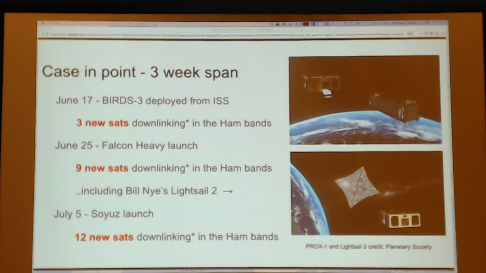June 17th, we had 3 new satellites downlinking in the ham bands. June 25th, 9 new satellites in the ham bands. July 5th, 12 new satellites downlinking in the ham bands. One of those included the LightSail 2, which was very popular as part of the Planetary Society and the